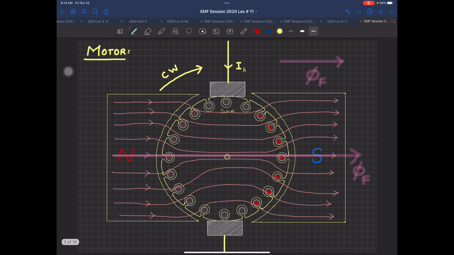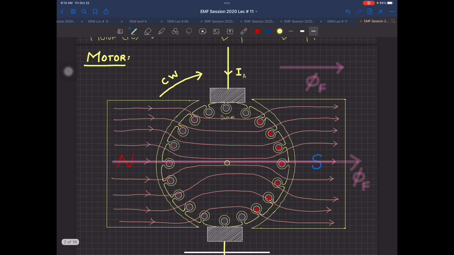For this purpose, I have taken the same diagram which we have seen in lecture number 8. Winding was lecture number 9, and this was from lecture number 8. Here I have made one change: since this is a cross-sectional view, I have increased the number of slots inside this armature from 16 to 20. In practical machines, this may go up to 40 or 50 slots, because a bigger machine with more torque requires more conductors or slots.